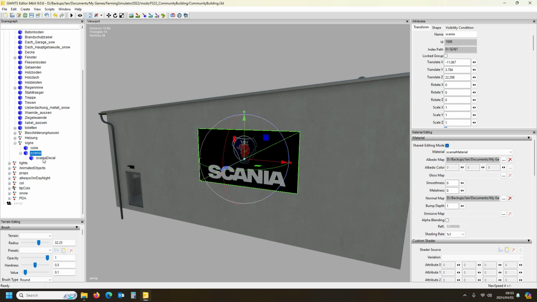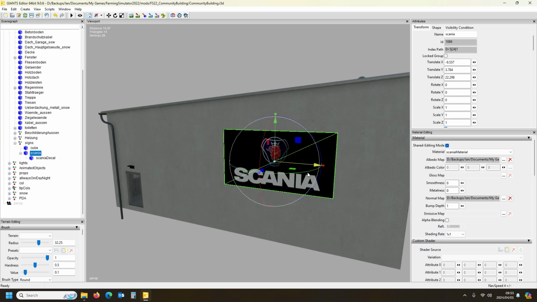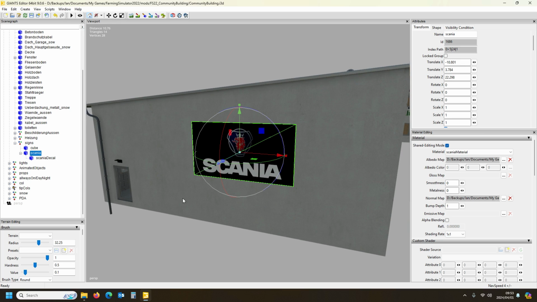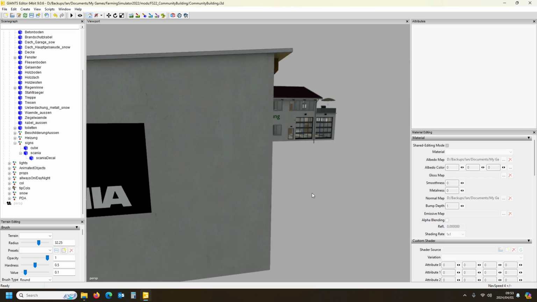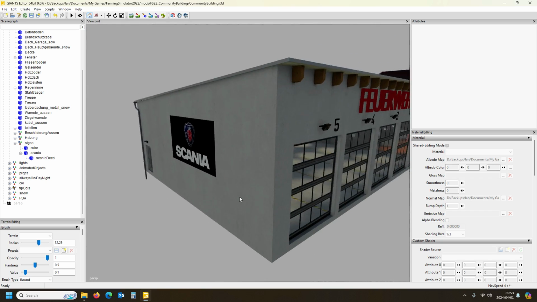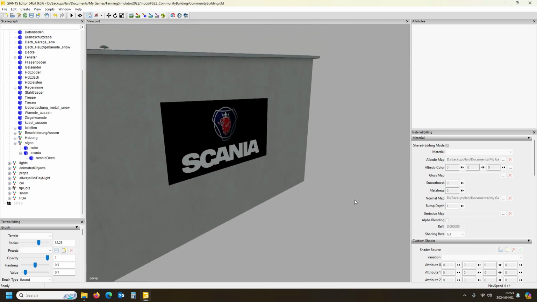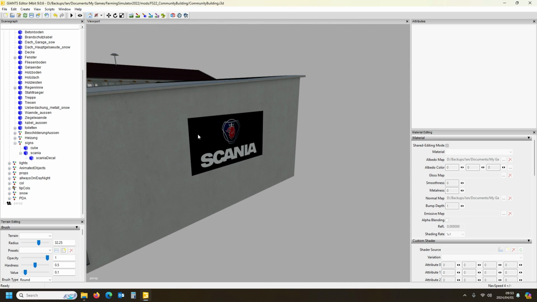So what's nice now is, because this is now inside the other one, you can move the sign about, copy and paste and duplicate and do everything with it. And that's what you want from a decal or a sign. You want it to be able to put anywhere. So that way you can have a sign on the wall or anywhere on a vehicle